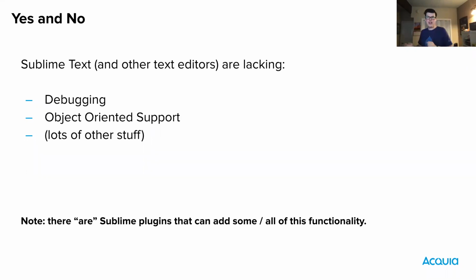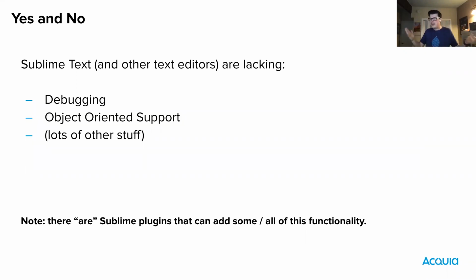Object-oriented support. Again, in Drupal 7, code completion, autocomplete was a big thing. When you're trying to do something like hook form alter, a text editor, especially if you've installed a Drupal package, can autocomplete that function for you. But with an object-oriented setup, you're not just doing autocomplete. You need your text editor, your IDE, to be constantly scanning and indexing all of the classes and methods that are in your code base.